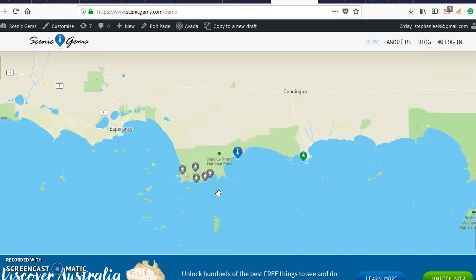When they sign up and enter the map page, all of the markers are reset, so they start with a brand new slate, a brand new set of markers that are all blue once again,